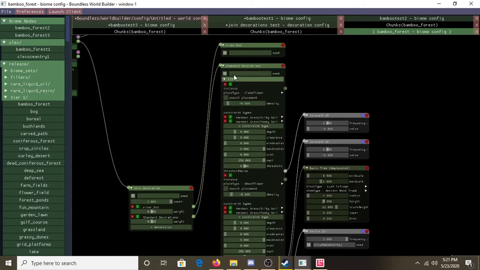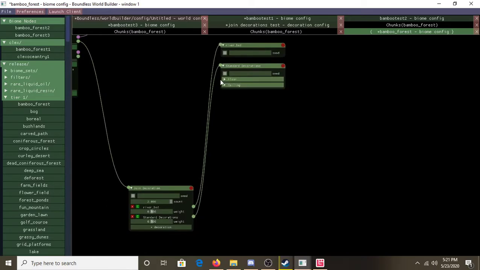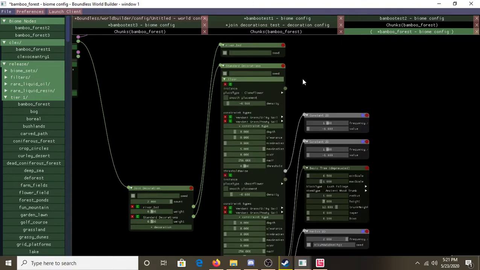So the standard decorations comes with two things. There's a floor and a ceiling. The floor is going to be the floor for pretty much everything from oceans to plains to mountains to whatever you can think of, whereas I believe the ceiling is only really going to be used in caves. I cannot confirm that though. Floors, you'll notice, have a couple of different